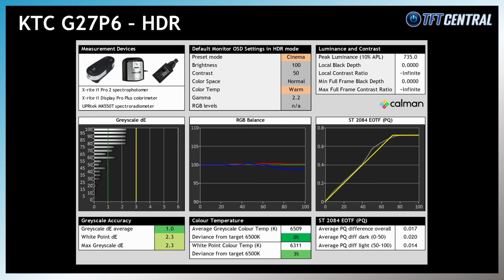The KTC on the other hand has a better tracking of the PQ curve in darker shades, being perhaps slightly high but not crushing shadow details quite as much as on the Asus model. It does veer off from the target in lighter grey shades though, resulting in some loss of detail in lighter